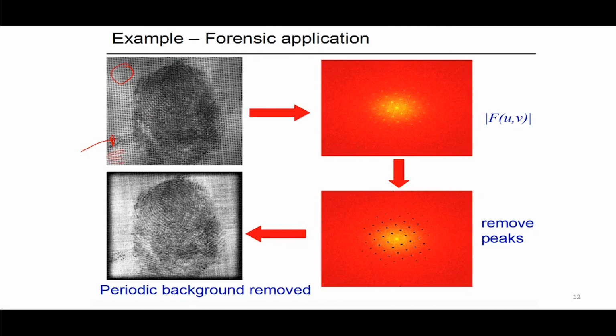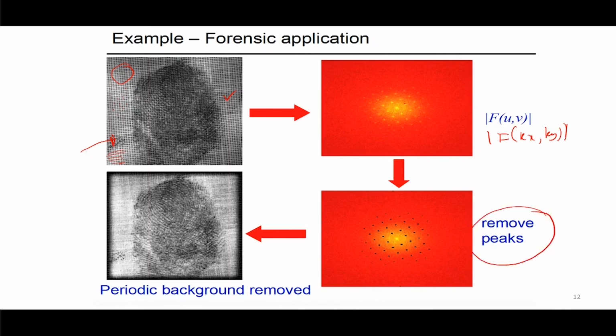It's quite easy to do this in the Fourier domain, as this is a periodic structure. In the magnitude spectrum, you will have very high values for these repeated grid structures, for the same reason that we discussed in the previous slide. So all you have to do now is compute the two-dimensional Fourier transform of this image and take the magnitude spectrum of it, and on that, whichever are having high values, you would see